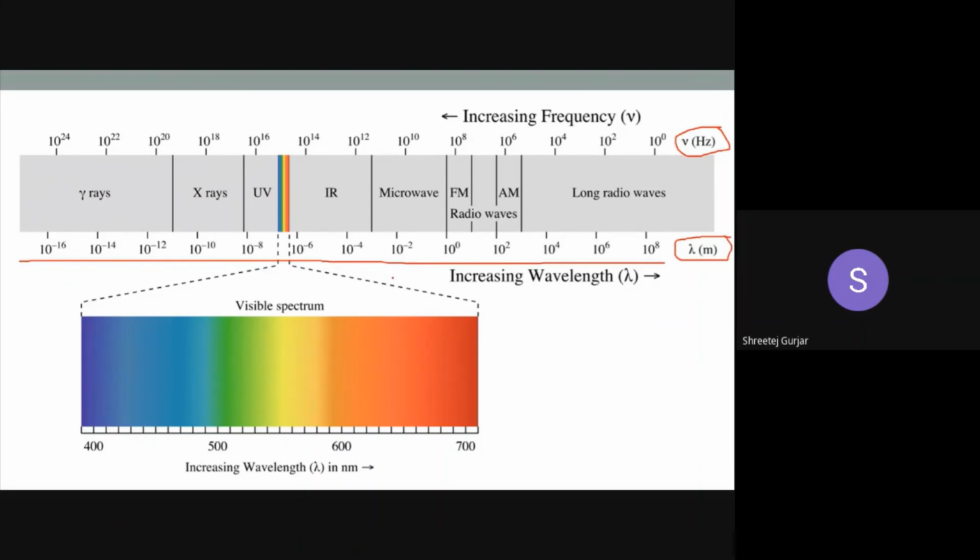And you have to explain the various bands, meaning this infrared band you can see from here to here, right? And if you tell me the X-ray band is from here to here, these are called bands of the electromagnetic spectrum. So the UV band is from here to here. This is the infrared band. This is the microwave band. Then we have FM and AM. These are part of the radio wave bands. Then we have long radio waves. So you have to remember these frequencies and this wavelength, and you have to write them down.